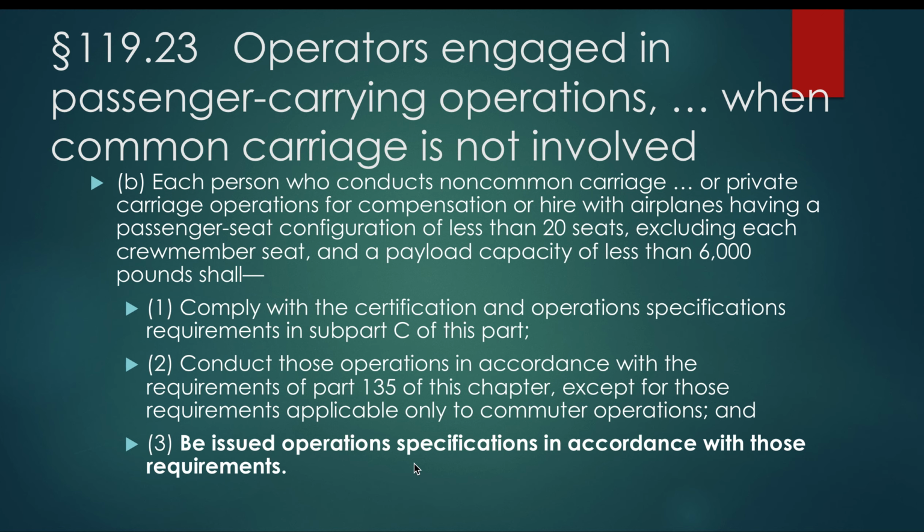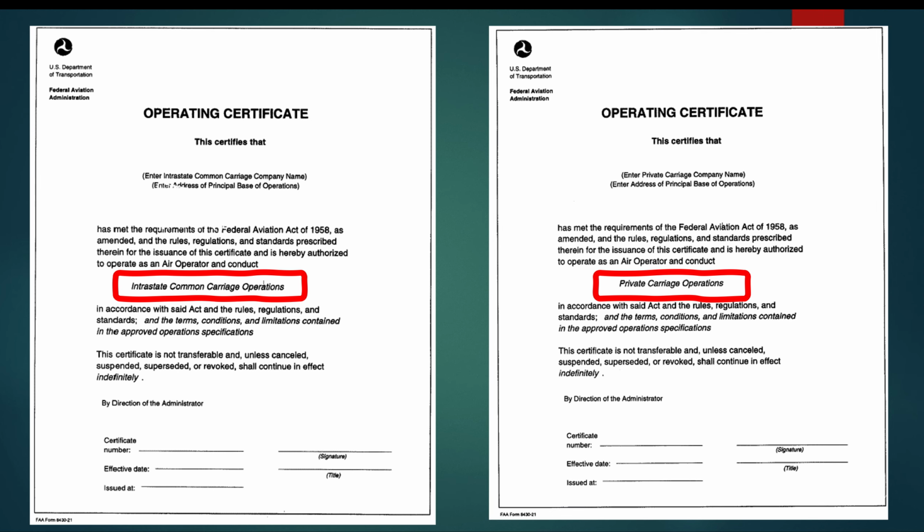Be issued operational specifications, or op specs is what we call them, in accordance with those requirements. So once again, along with this operating certificate, you're probably going to have a whole encyclopedia, not really, but a whole thick binder of op specs that you have to follow for that specific operation. It'll say like drug testing programs, maintenance programs. It'll say which specific aircraft can fly on that operating certificate, which pilots can do it,